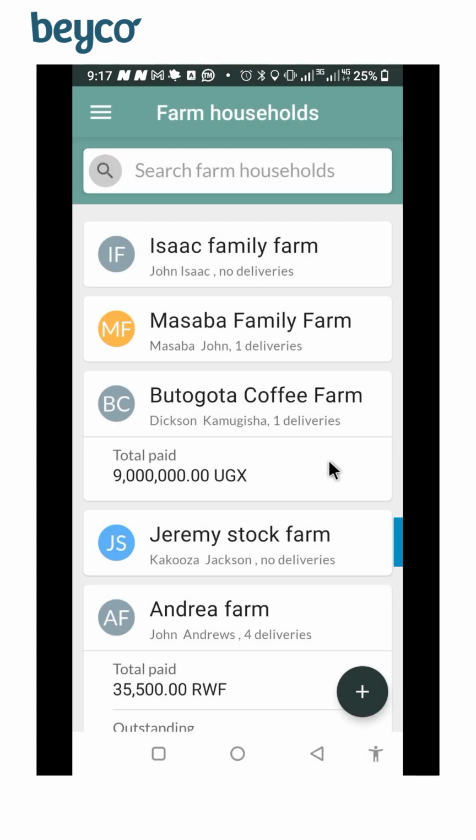So what did we create? At this point, we can view what we created. This data has now been uploaded into the Beyco Farmer App database, and this member can now appear in the dashboard of the Beyco Farmer App, which I will be showing you later. But most importantly here is that now